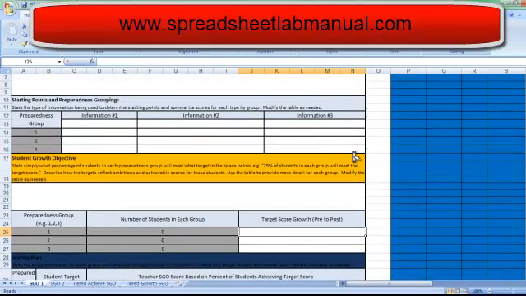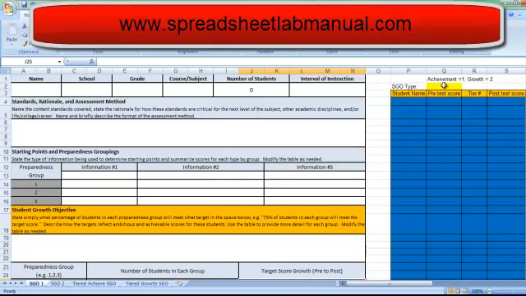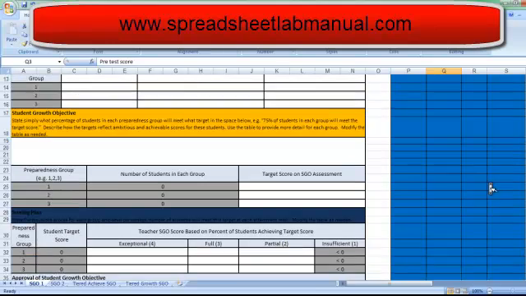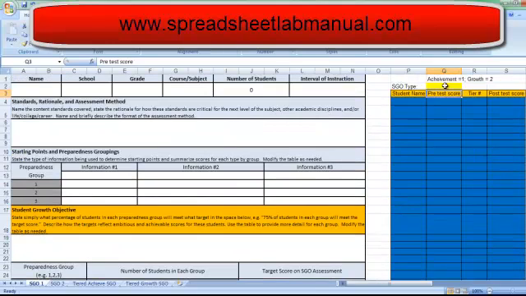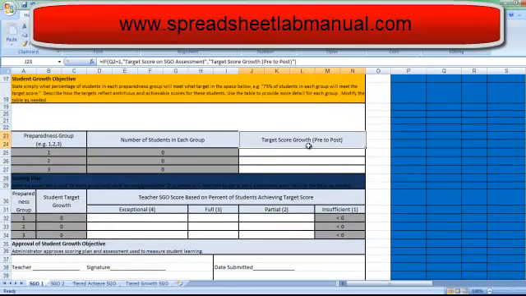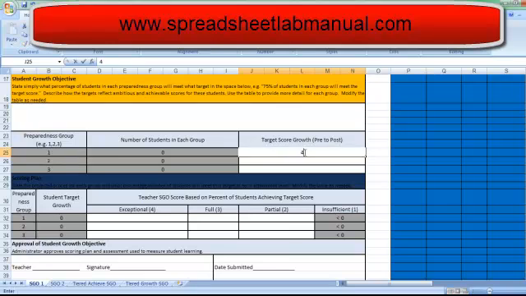Now, if this was to be scored as an achievement SGO, the column headings would read target score on the SGO assessment. But with the growth SGO, the score growth is to be entered, and that same column reads target score growth. So in this case, the score growths for the 3 tiers, for the high tier, preparedness group 1, medium, and low, will be 40 points for the high tier, 30 points for the middle tier, and 35 points